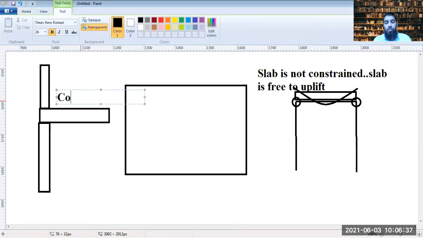So in case of slabs, we usually use the term constraint so as not to confuse it with the restraint. The restraint is between beam column arrangement that we usually use, although it's both dealing with the degrees of freedom, and it's one and the same thing, but in order not to confuse it with the beam column arrangement, we use the term constraint here and not restraint. We don't use the term restraint here so as not to confuse, otherwise it's the same thing.